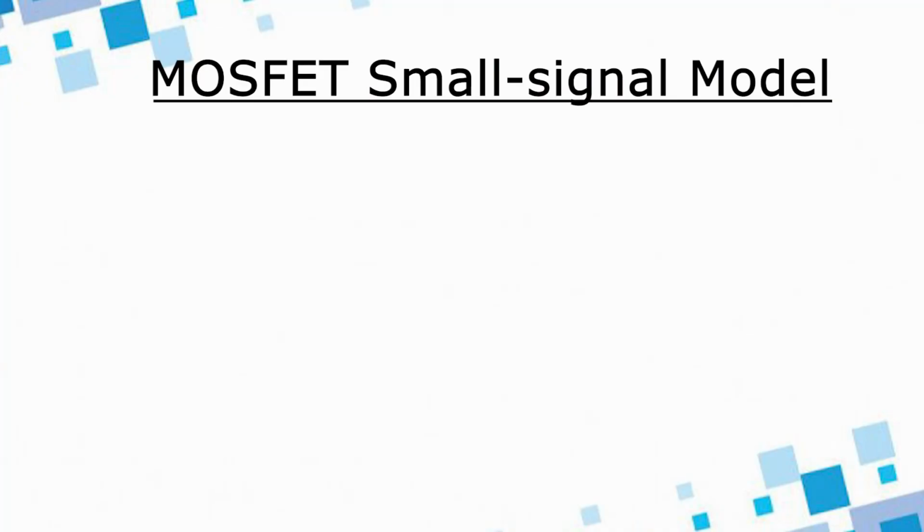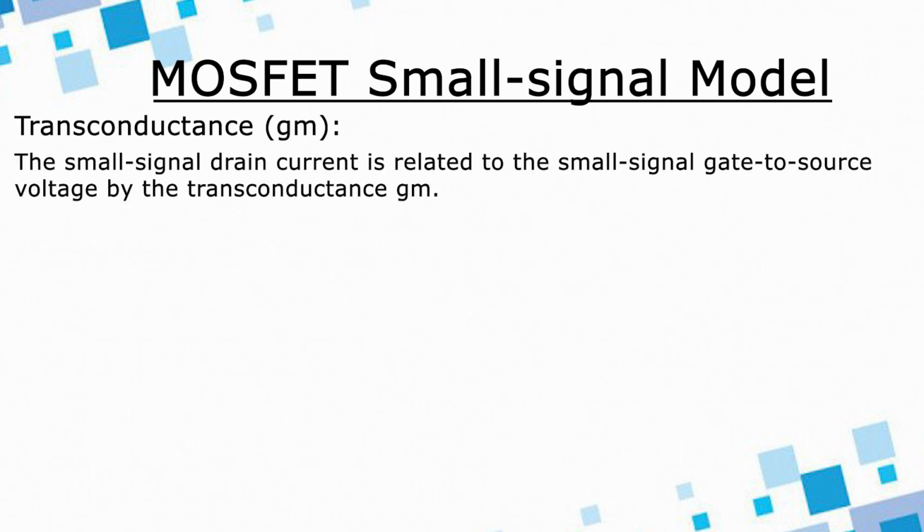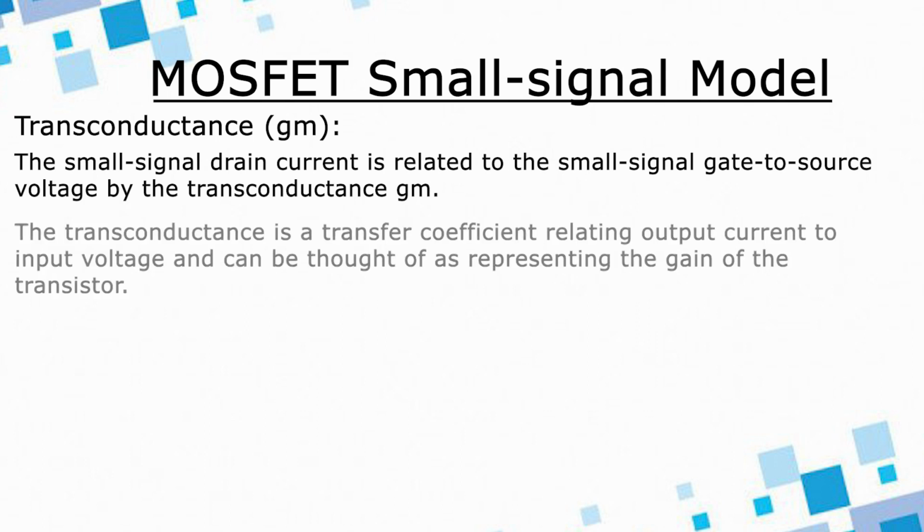Now, let us discuss the small signal model for MOSFET. So, first term is transconductance. The small signal drain current is related to the small signal gate to source voltage by the transconductance. Transconductance is a transfer coefficient relating output current to input voltage and can be thought of as a representation of gain